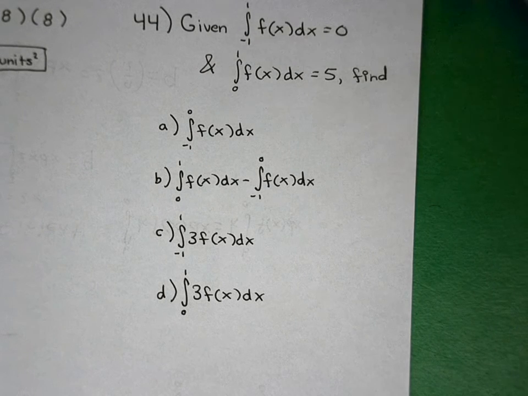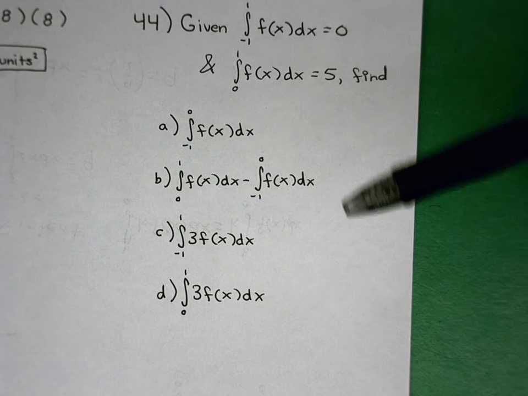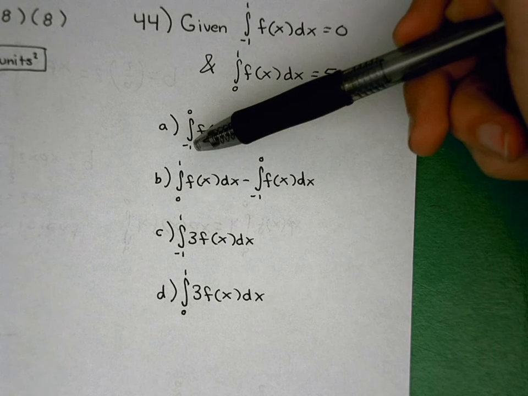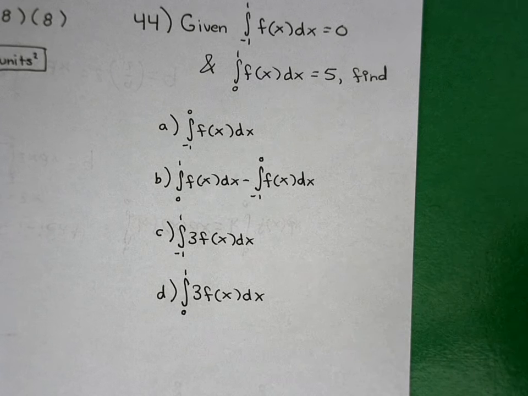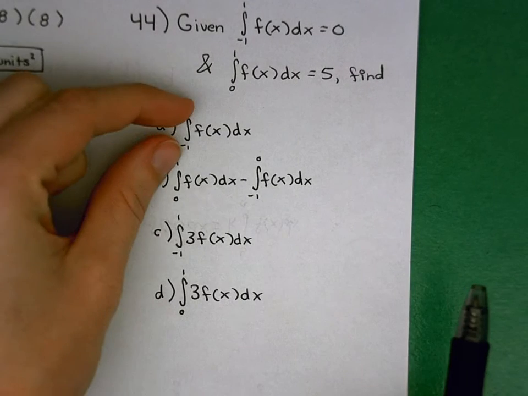-1 to 1, the whole interval is 0. Part of the interval from 0 to 1 is 5. And so this one's asking me for -1 to 0. It's asking me for the other piece of that interval. Now for some people, their minds immediately are able to jump to it and go, oh, well if -1